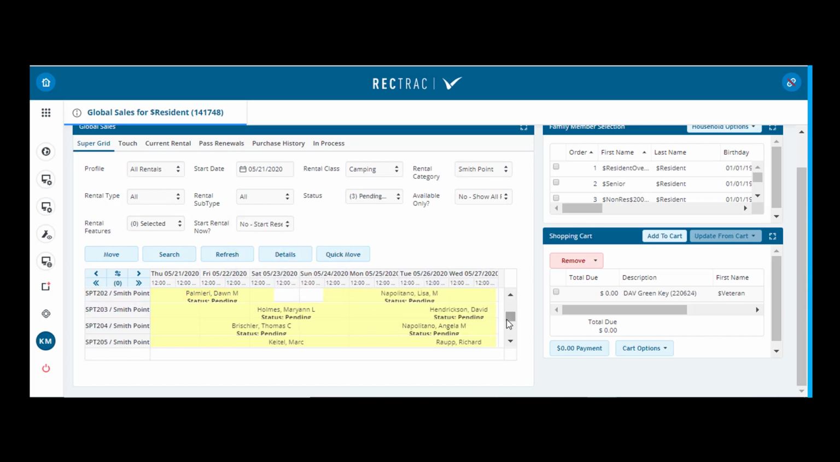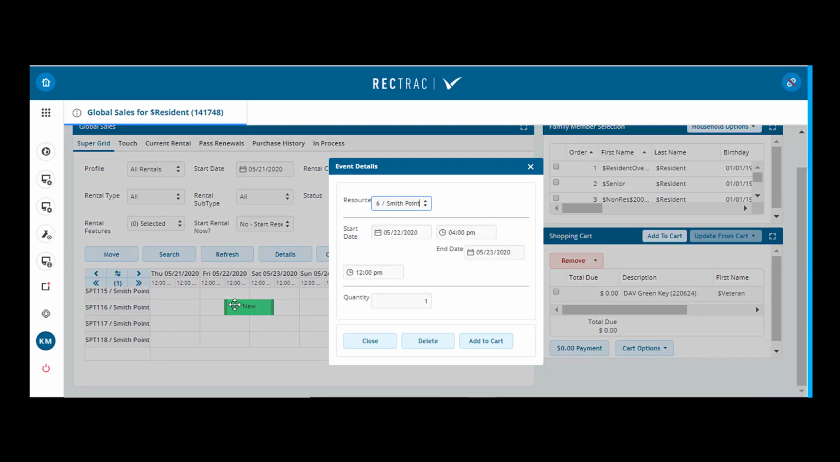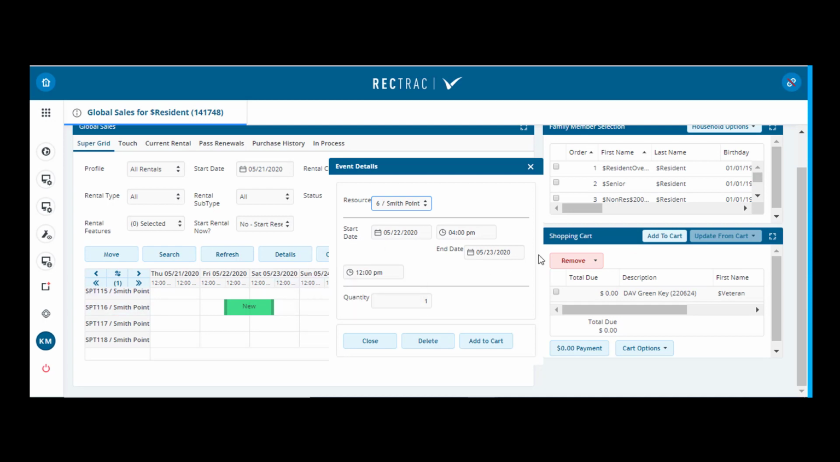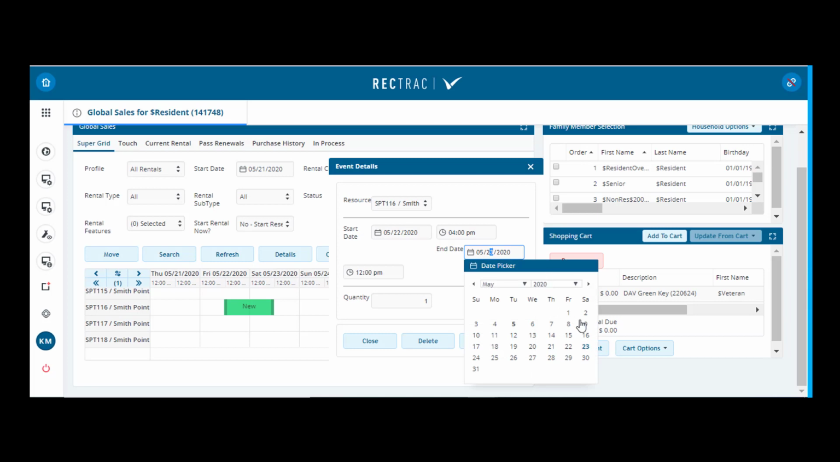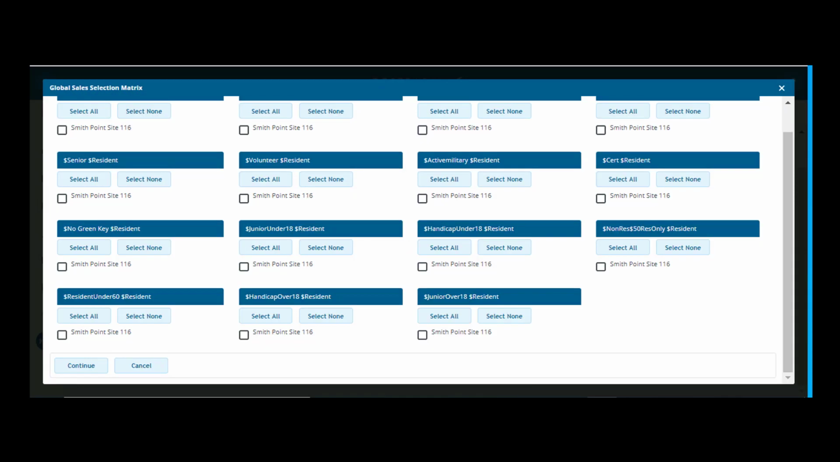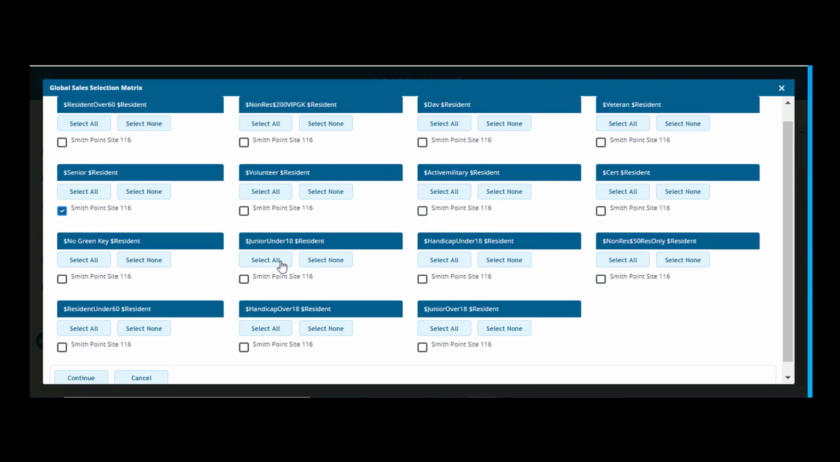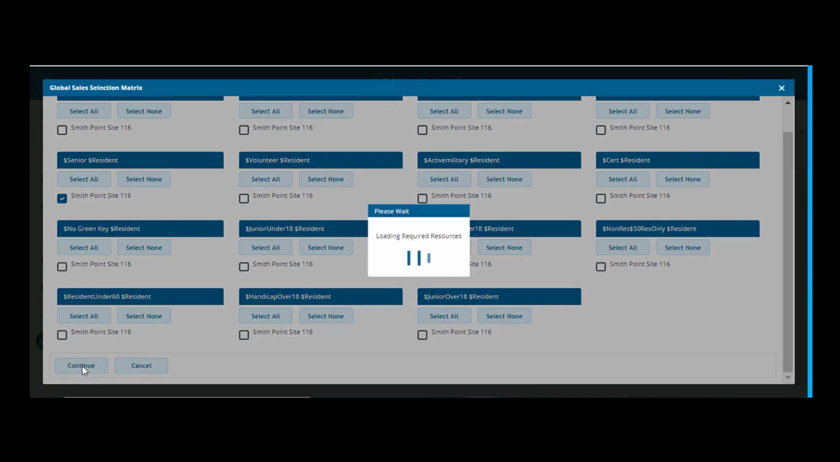From here is where you would also process camping walk-ups. By selecting under the day and double-clicking, you can actually add a camping walk-up. You would select the start date, which would be today, and you would select an end date, and you would hit add to cart. At this point, you would select which person in the household is going to be reserving the campsite. This is a test account, so you do see a lot of people. Normal family member selection is only 1 or 2 people, but you can select the person, hit continue, and then